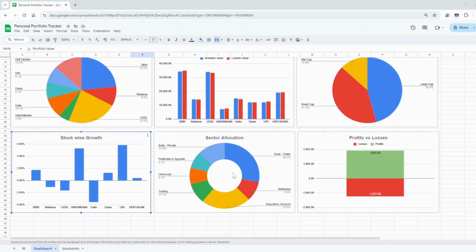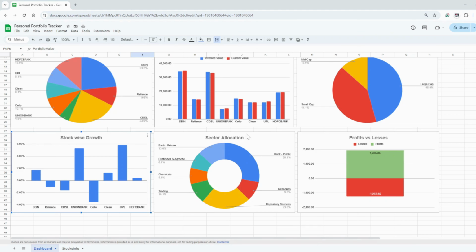Now coming to the sector allocation. Now this is very much needed because, say for example, if I am overly allocated, like if I have not diversified enough, my portfolio will not give good returns. So I have to have diversification. As you can see, the bank public is 28.1% I have allocated. So which is